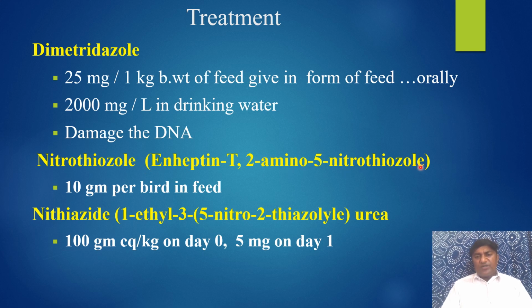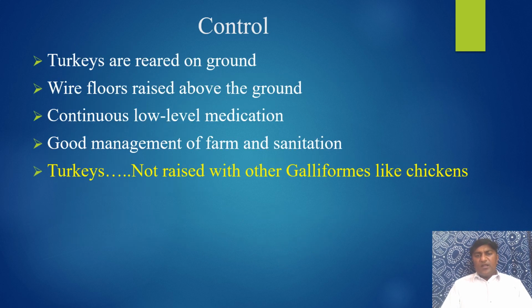N-2-amino-5-nitrothiazole, 10 grams per bird in feed, and nithiazide, 1-ethyl-3-(5-nitro-2-thiazolyl) urea. You can give 100 grams per kg on day 0, whereas 5 milligrams on day 1. So for control, the turkeys are reared on ground, wire floors raised above the ground, continuous low-level